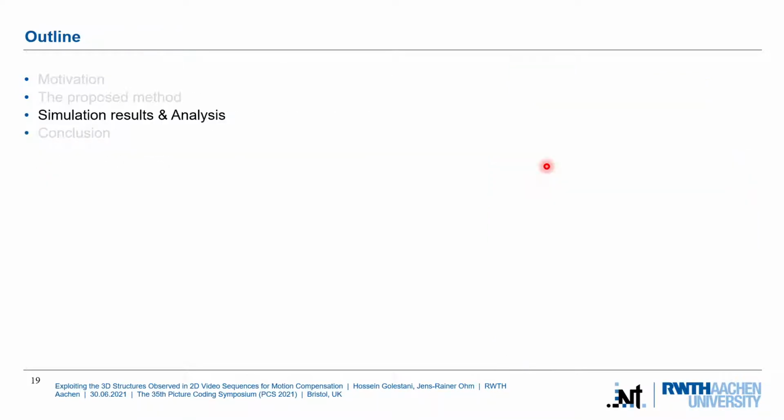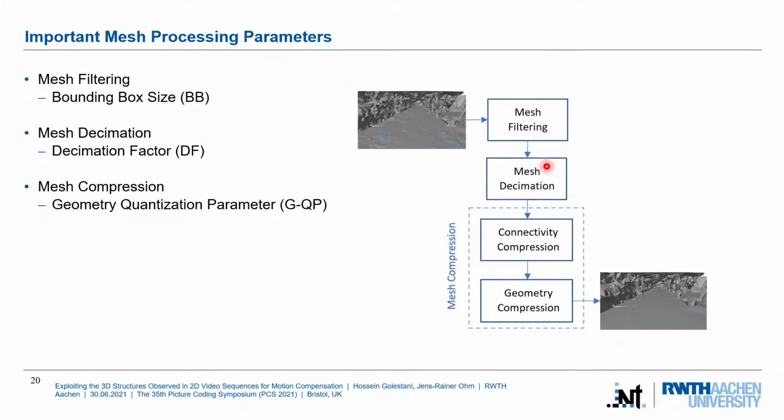Let's see some simulation results and discussion. Okay, look, mesh filtering, decimation and compression have a big impact on the final coding. As a reminder, just look at this picture. We first filter the reconstructed mesh, then decimate it. The decimated mesh goes into the mesh compression block. The block first encodes the connectivity information, how the vertices are connected, in lossless mode, then encodes the geometry of the vertices,